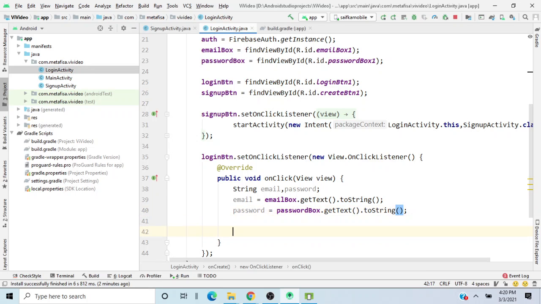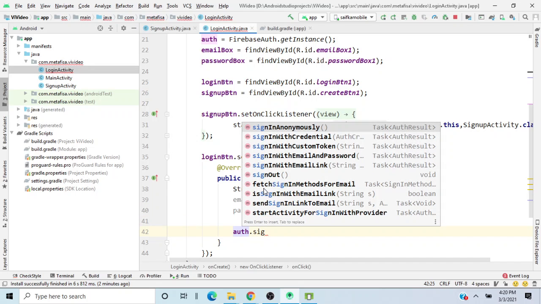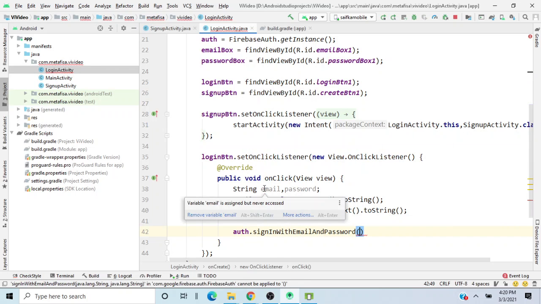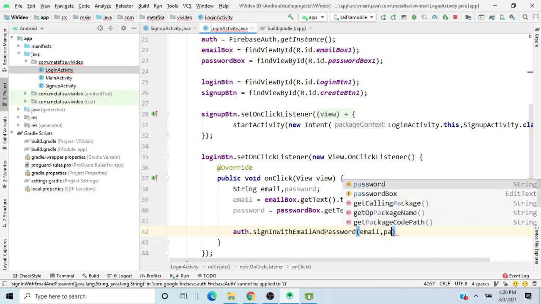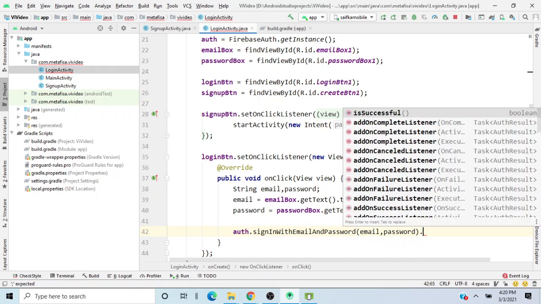Yeah, in this way. And I'll write auth dot sign in with email and password, and I'll pass in email comma password, and I will write add on complete